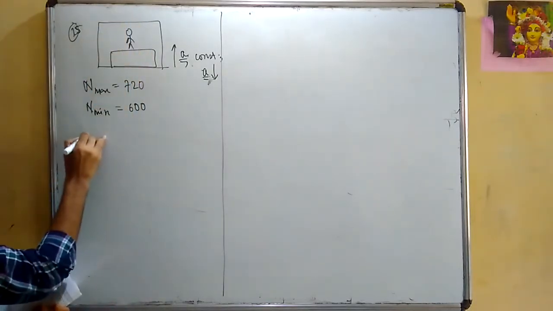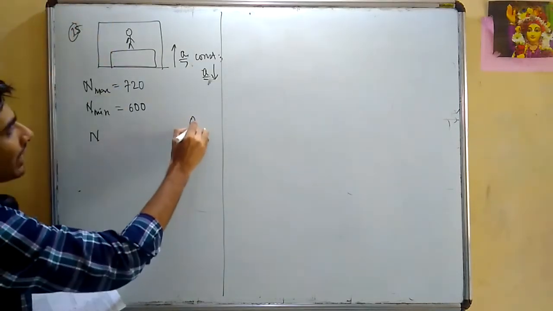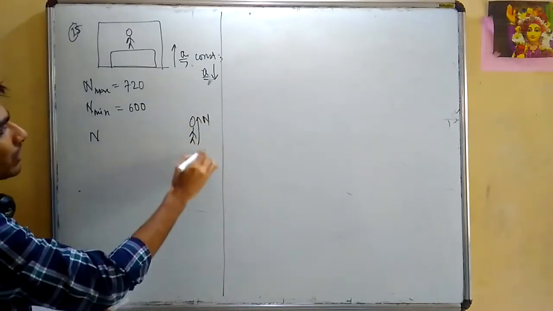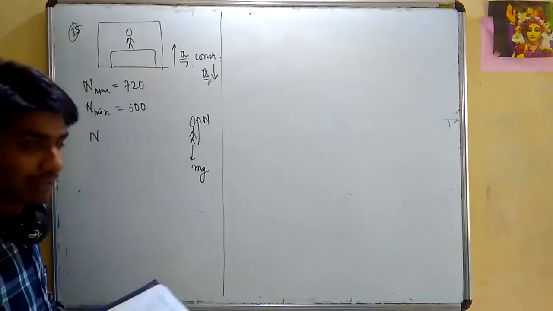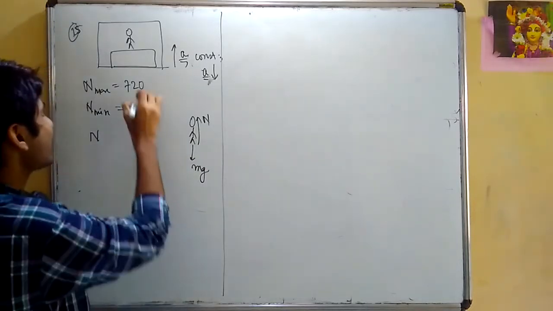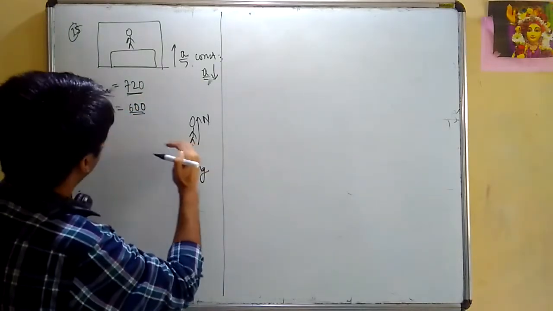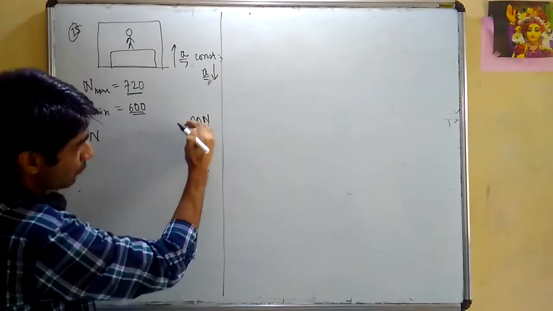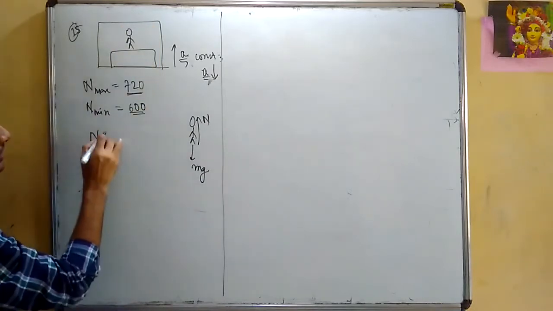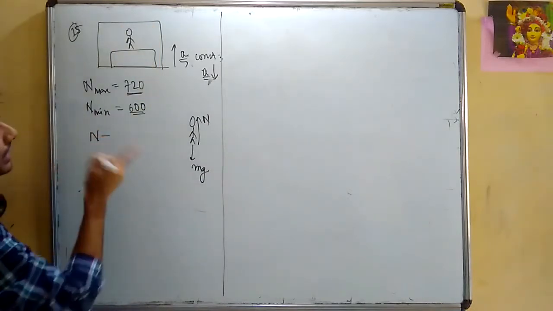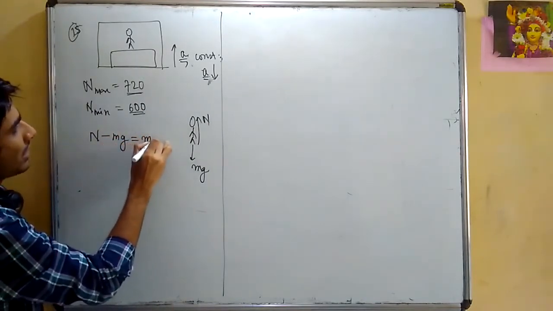So in that scenario, what is the equation? Equation when the lift is going up will be, if you draw the FBD of the man, normal is acting in the upward direction, his weight is acting downward. I have to find the true weight, because this is the reading of the weighing machine, but what is his actual weight is the question. So the normal that the weighing machine will exert on the person is in the upward direction and his weight is mg, which is acting downward. The person is moving upward, so the net acceleration of the man is upward, so the equation will be N minus mg equals mass into acceleration.